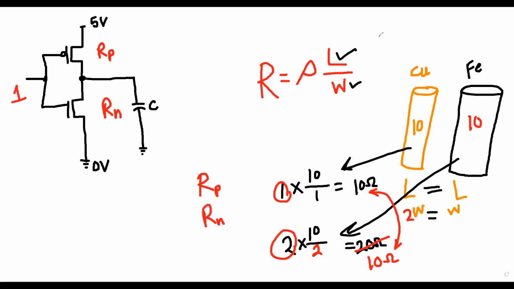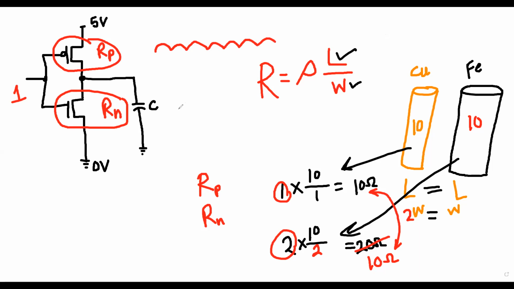So why have I given this example to you? One is PMOS. PMOS normally has more resistivity because it is hole based, not electron based. P-type material has more resistivity, and N-type material is electron based, that's why it has less resistance. Why? Because holes move by jumping, while electrons do not jump, they just move like this.